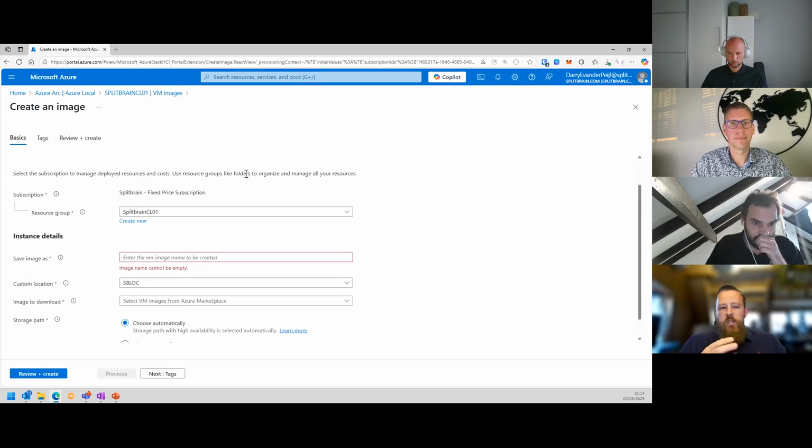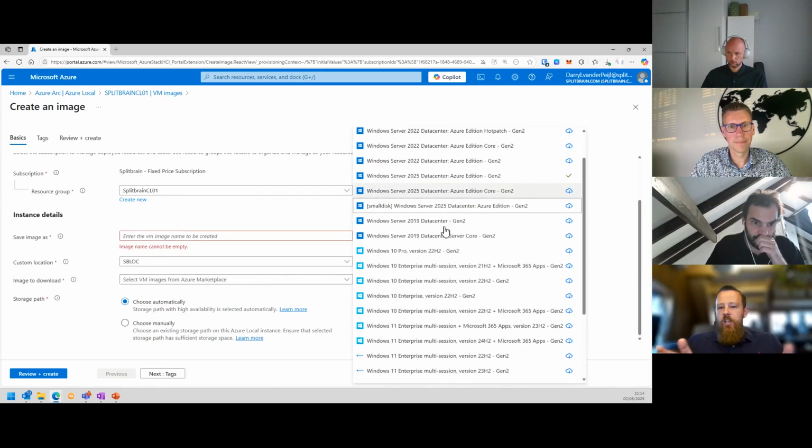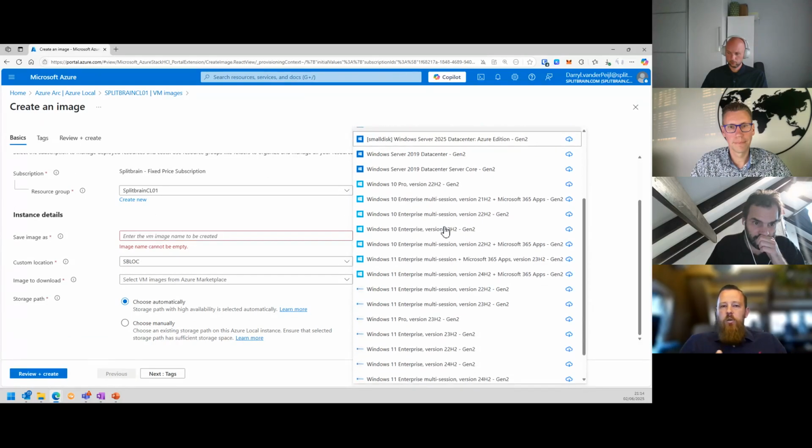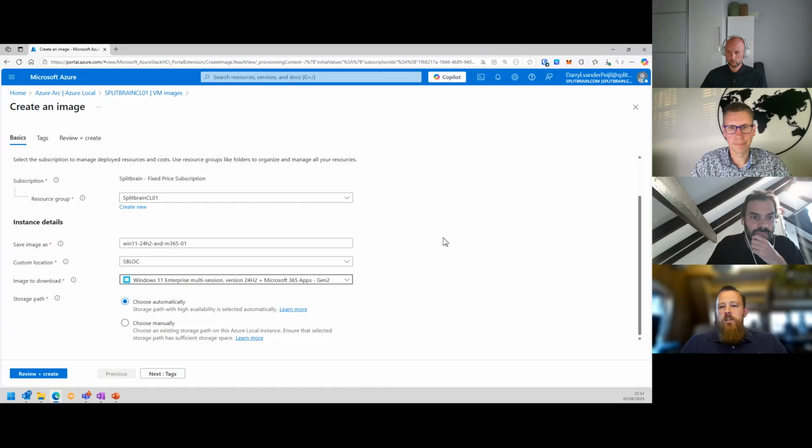So it won't be talking to the Azure public portal every single time if you're going to deploy 100 VMs. You can locally cache one of these images, and they will update just the same. So if there's a new version, it will show on your update pane and say, hey, I've got a new version of this image. You can sync it with your Azure Local. It will be stored on your Azure Local. And every time you deploy a VM and you select this image, it will use the locally cached image.